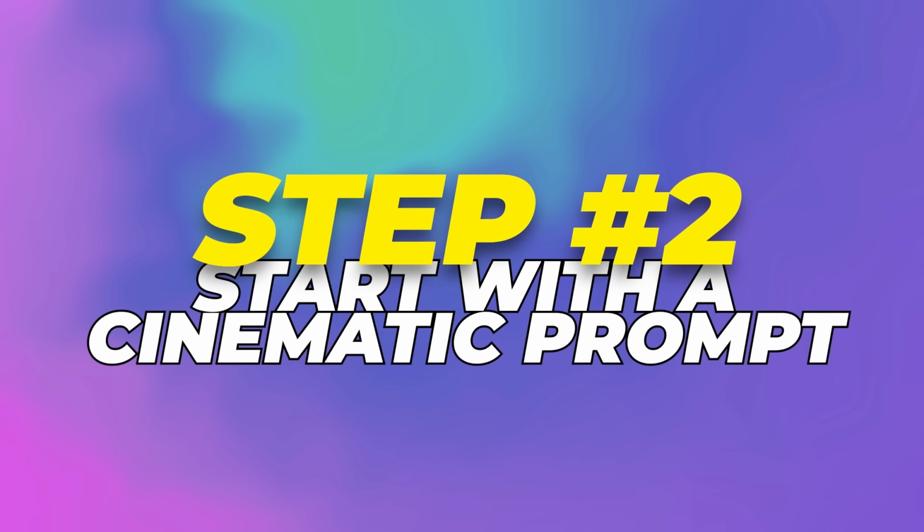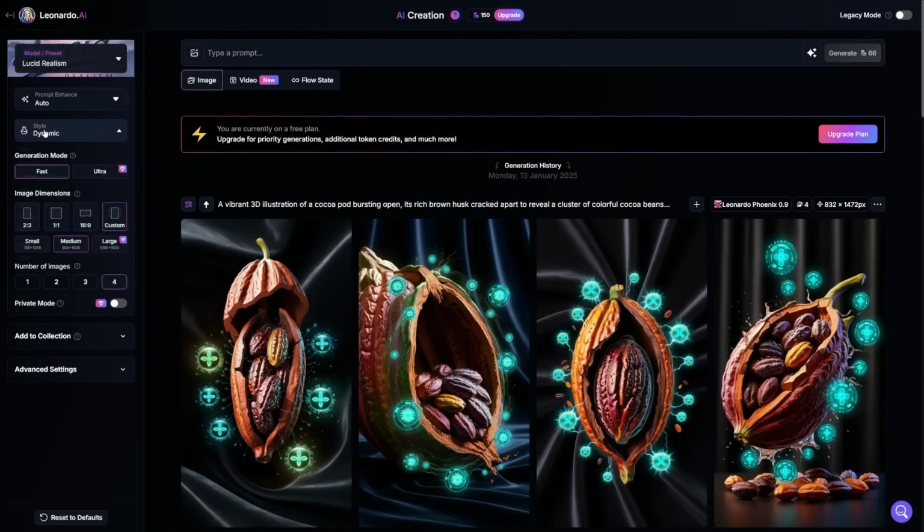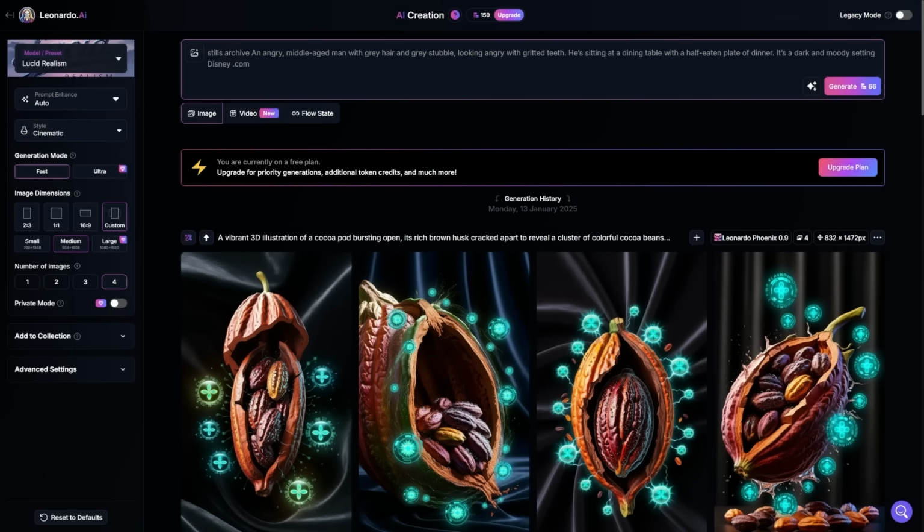Step 2. Start with a cinematic prompt. From the left, choose the Cinematic Style option. This style presets the lighting and mood, which gives you that extra punch of realism right out of the gate. Now, when you write your prompt, add the phrase "Stills Archive" at the very beginning. It sounds simple, but this phrase quietly tells the model to treat the image like it's pulled from a film